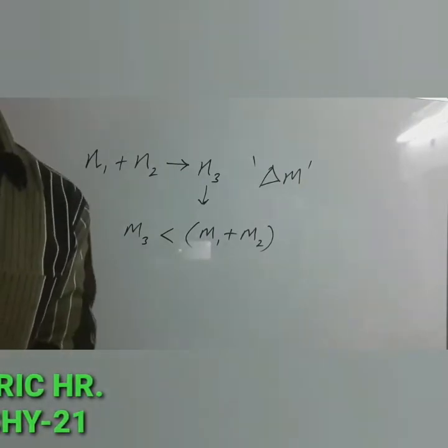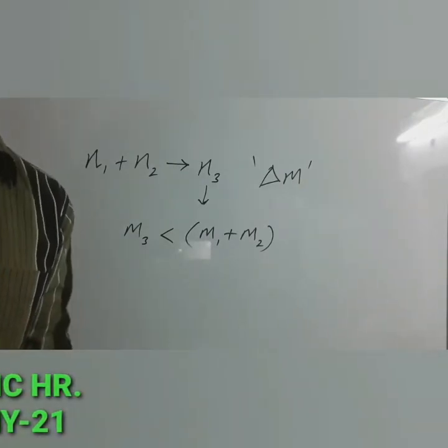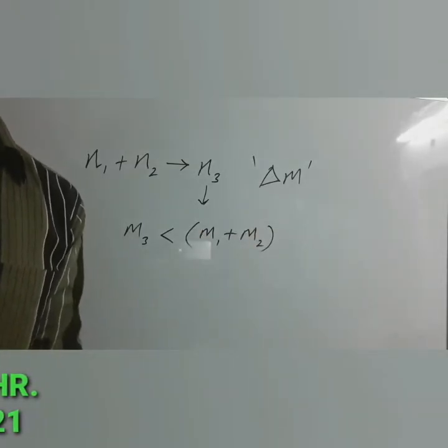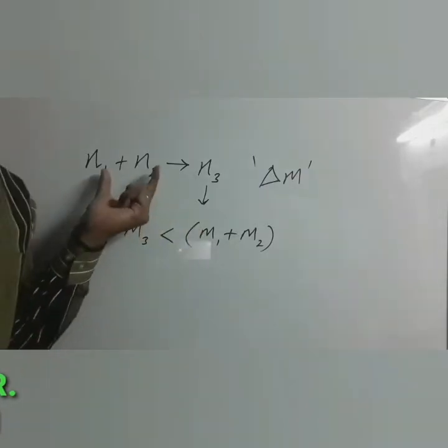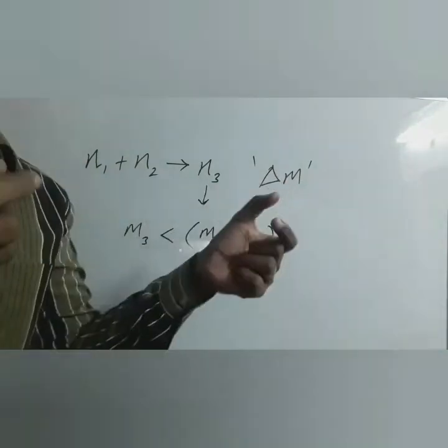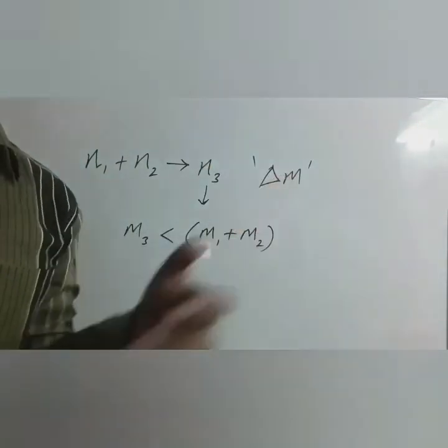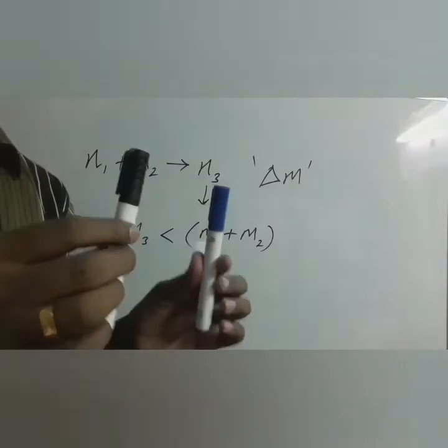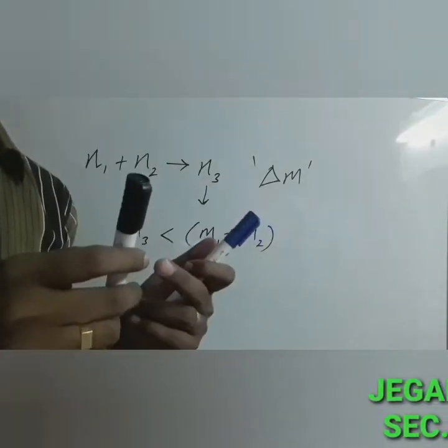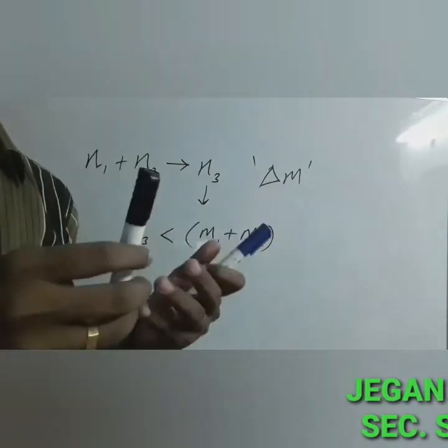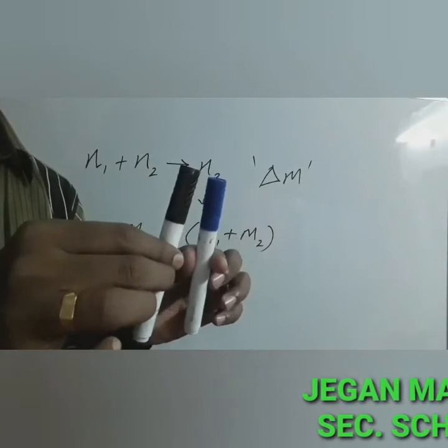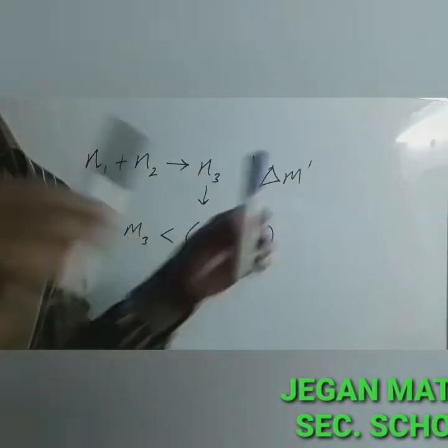Nuclear fusion never occurs at room temperature, unlike nuclear fission. It is because when two lighter nuclei come closer to combine, they are strongly repelled by the Coulomb repulsive force. Imagine two lighter nuclei. We know a nucleus always possesses a positive charge. If two lighter nuclei come together, due to Coulomb's repulsive force, they will repel each other.